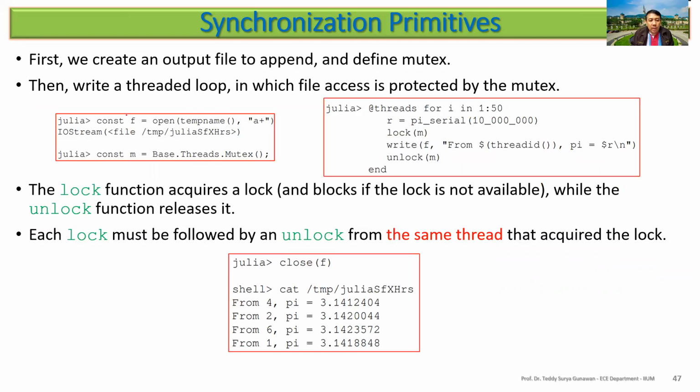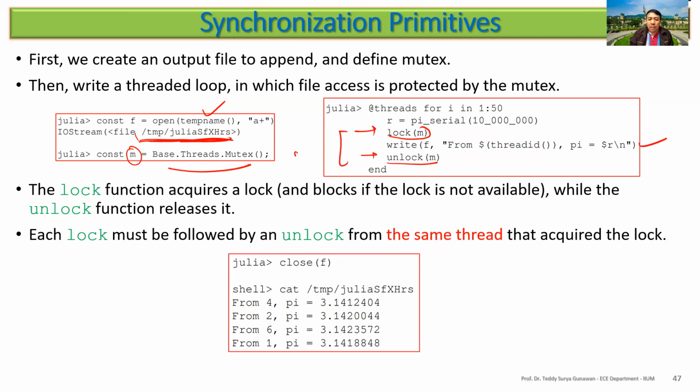So let's see here. You have a constant file, and you create a temporary name here. In Linux you have this temporary file. In Windows, it produces something different, in the Windows temporary directory. M is the mutex, and then you can put lock M and then unlock M. When you're writing, you lock first, then unlock.